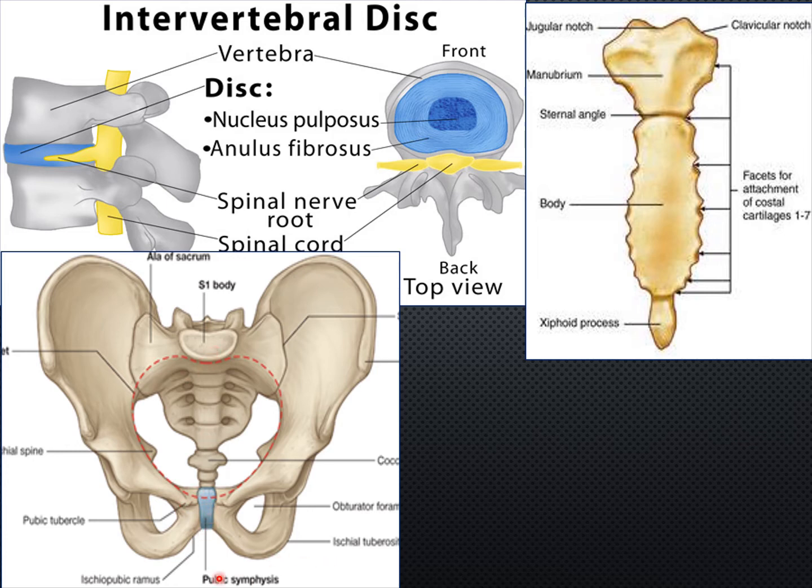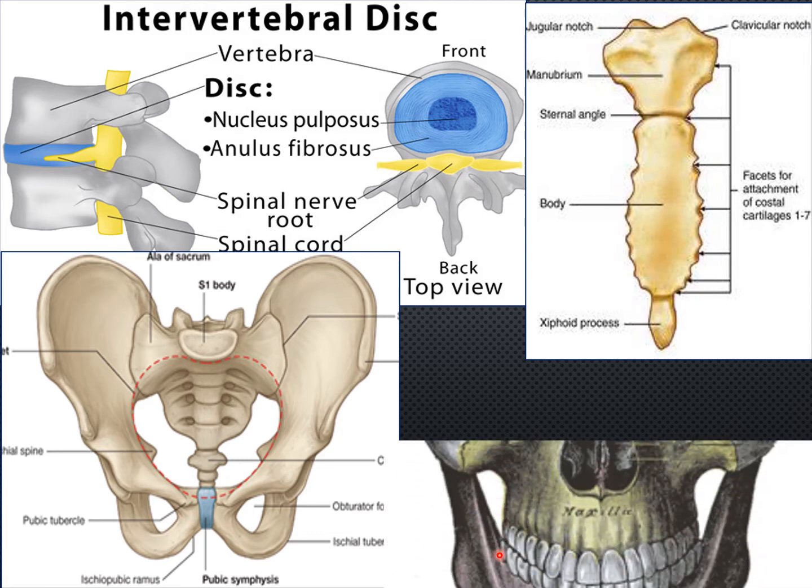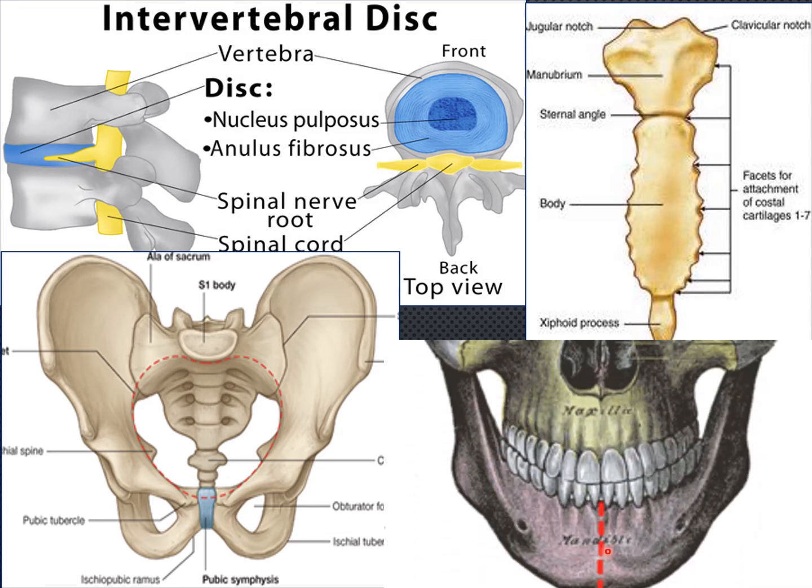For delivery of the child, the pubic symphysis becomes lax and it allows movements of the hip bone for the baby to come out through the birth canal. Then this is symphysis menti that is seen between the two halves of the mandible. Though it is a secondary cartilaginous joint, the symphysis menti is going to disappear at the age of 2.